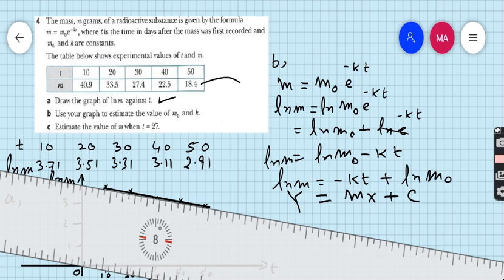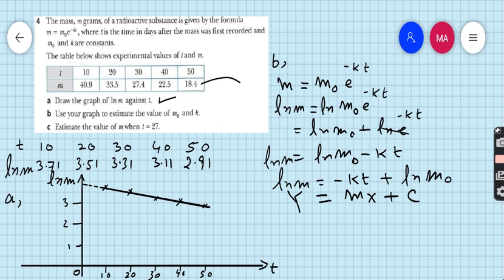Just join by a dotted line and read this value carefully. If this is 3, this is almost 4. So c is 4 from the graph. This implies that c represents ln m naught is equals to 4 and m naught is equals to